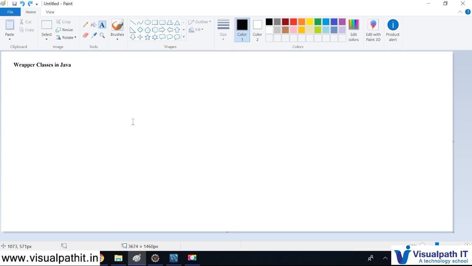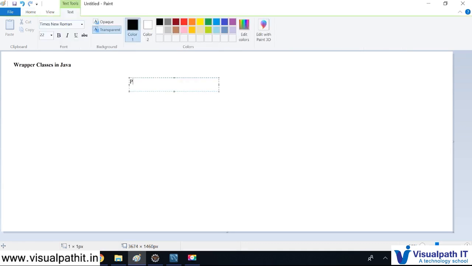In this tutorial we are going to discuss wrapper classes. Wrapper classes are the classes which are used for converting the primitive data types to object type classes. Suppose you take the primitive data types like we have the primitive data types